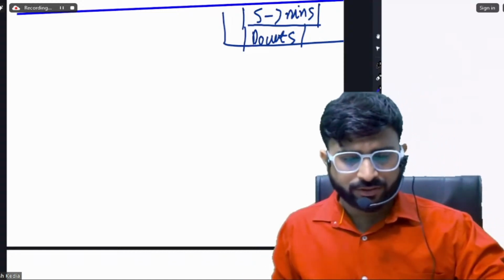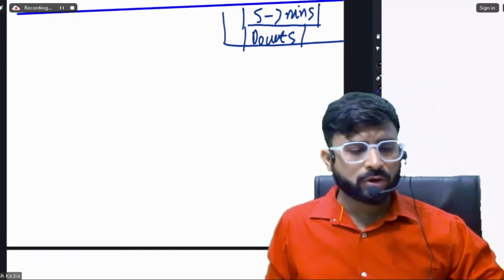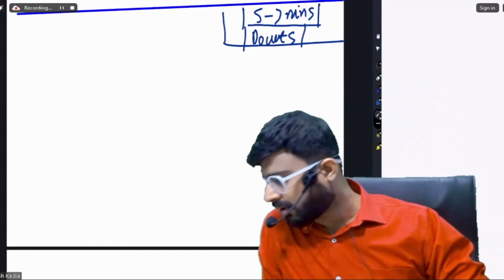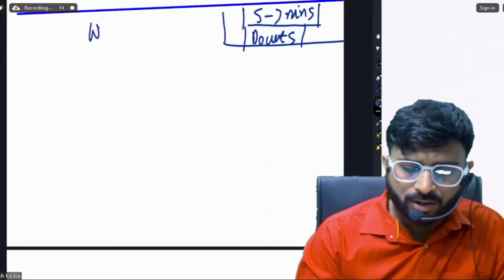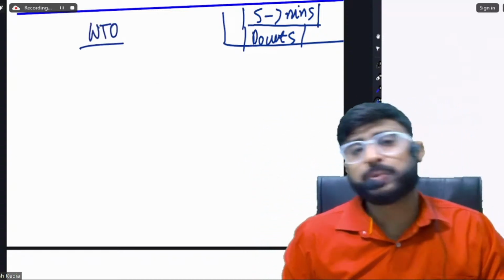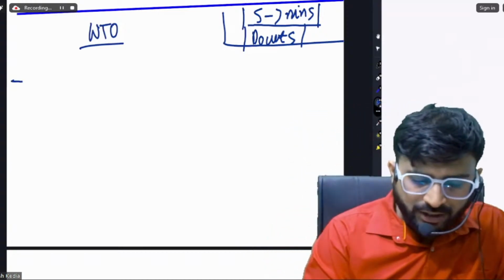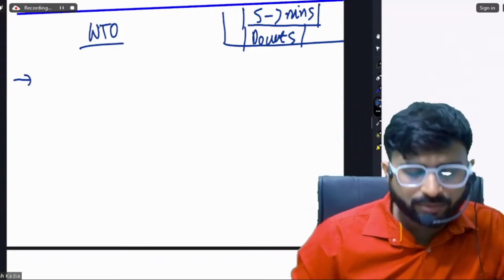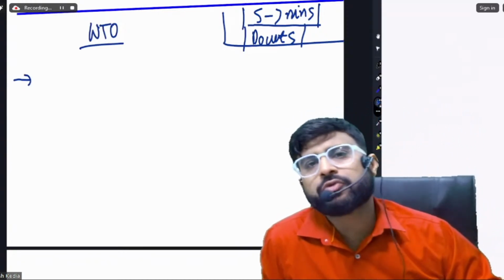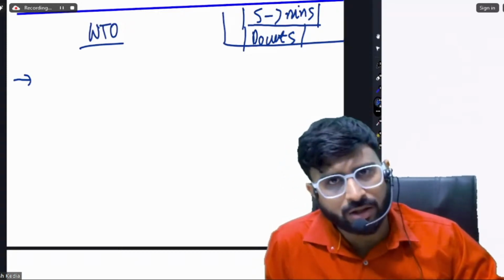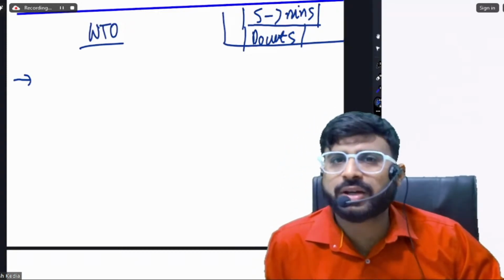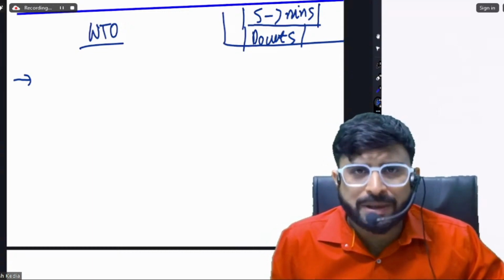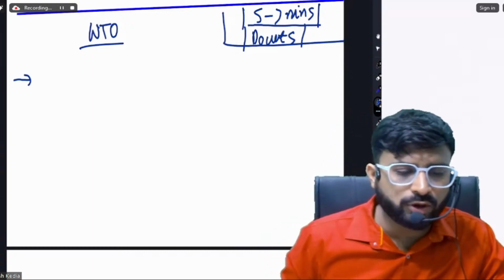Okay. So friends, let's talk about a robust organization, WTO. Let's talk about it. WTO, a very robust organization. Let me tell you some important points about it. Yes, you have to read the full institute material. The ICAI material you have to read fully. That is, of course, very, very important. But apart from that, please listen carefully.